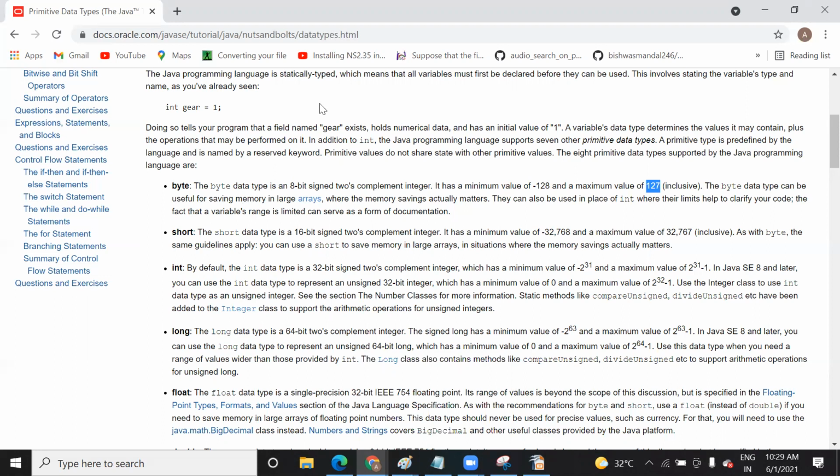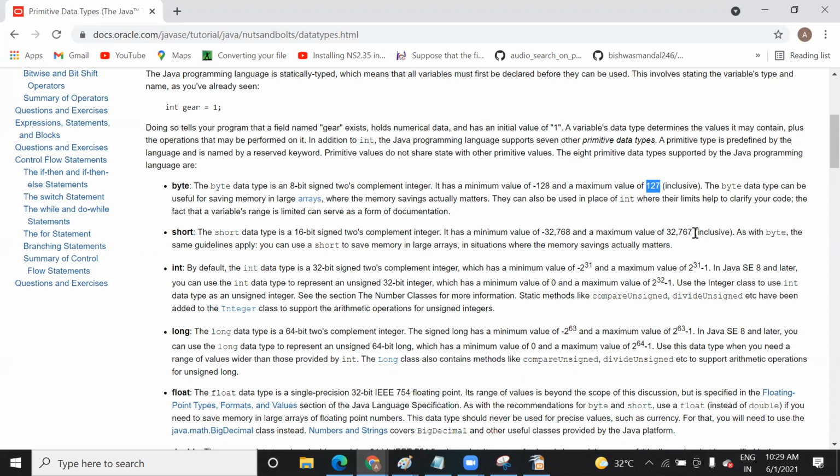There is one more data type that is called short. It is another data type which is used to hold an integer value, a short kind of data, which is 16 bit, a 2's complement 16-bit value. 16-bit means 2 bytes, and its value ranges from minus 32768 to 32767.